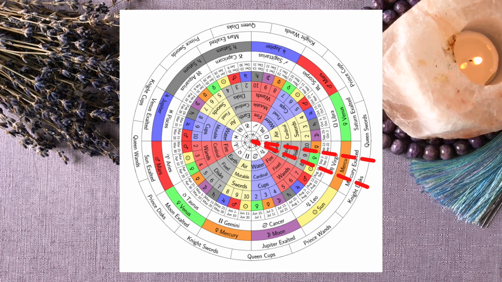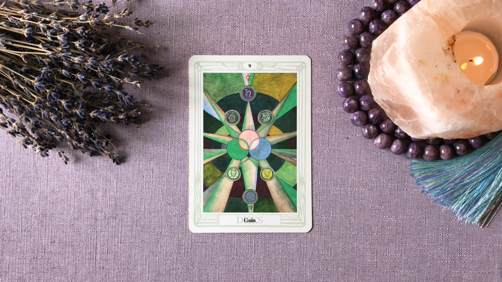This card is associated with the 2nd decan of Virgo, ruled by Venus, and the time frame for this decan is from the 2nd of September until the 11th of September. Venus is in detriment in Virgo, and it means that this is the sign opposite of the sign of her exaltation, Pisces. And it should be a place where Venus doesn't feel quite right, but we need to remember that